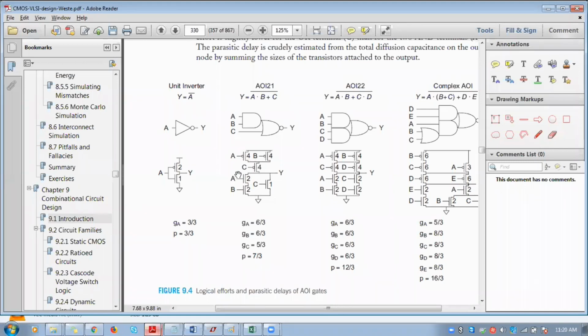Here you initially have a single network for NMOS, as AB is connected in parallel to C, considering AB as a single network and C as another network, both AB and C connected in parallel. So for the entire combination, the K value will be 1. So for C, the K value is 1. For combining both A and B, the basic K value will be 1. So now we have to get into this structure. AB common K value is 1, but AB is connected in series. So there are two stages. So the common K value is multiplied by 2.